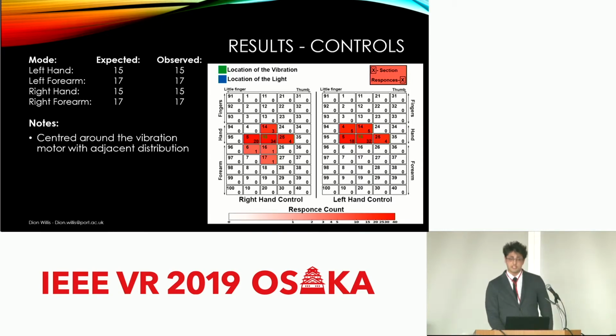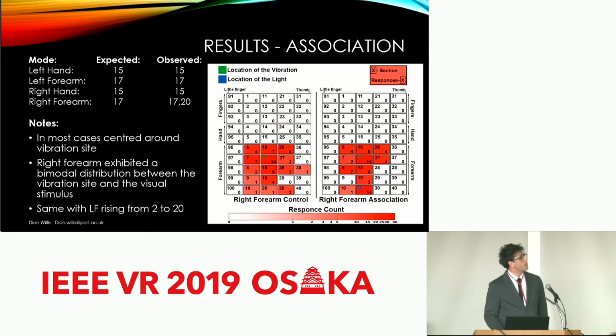The controls centered around the vibration module. There were no lights in this condition. However, most of the participants could identify where the vibration module was, even though they couldn't see it. When we went on to the association phase, where the light was turned on close to where the vibration module